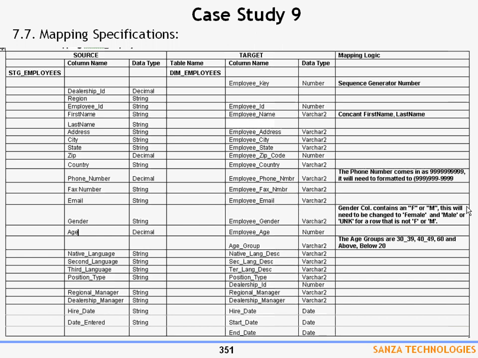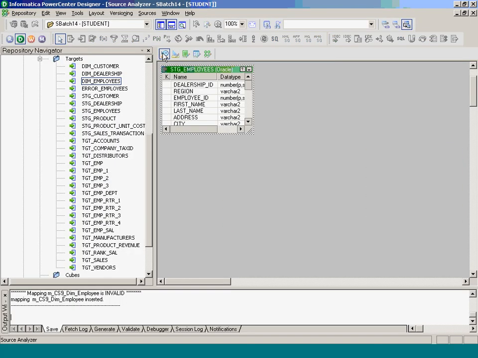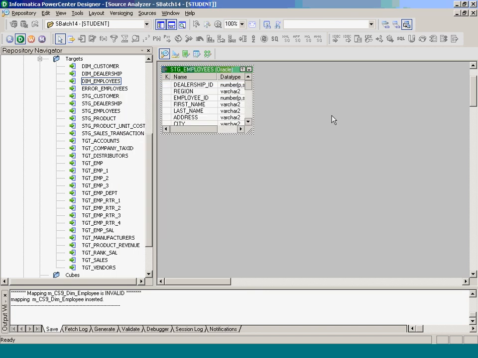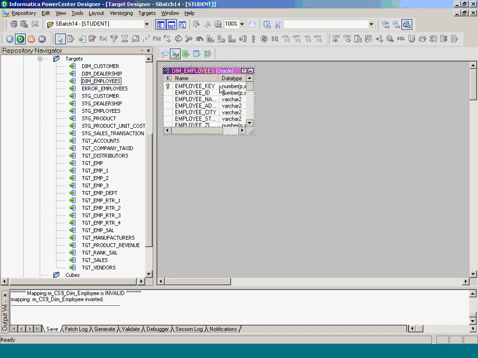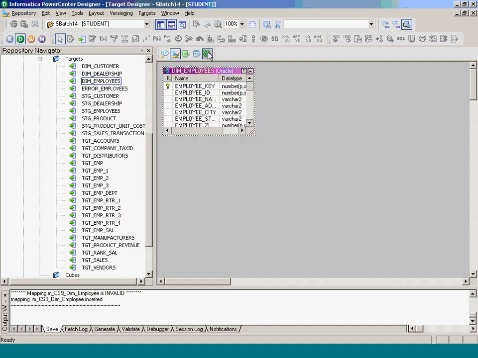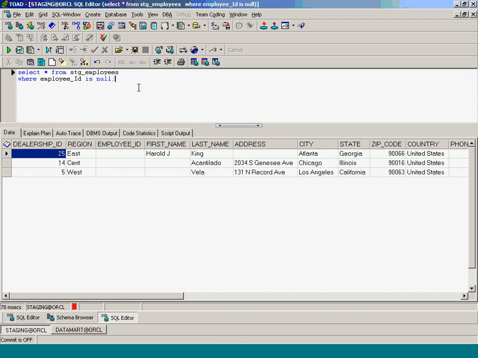In Informatica, the first step is to define the source in the source structure, importing from the staging database, and we load the data into the target dimension employees table, imported from the database. Then we create the mapping, case study 9. In the source there are records where employee ID is null. We should not load this data into the target table. So the option we have is